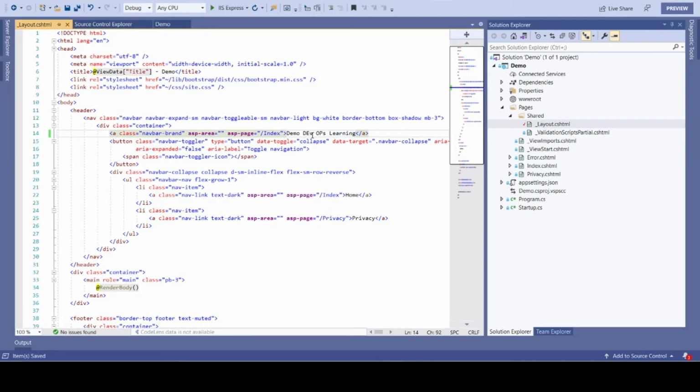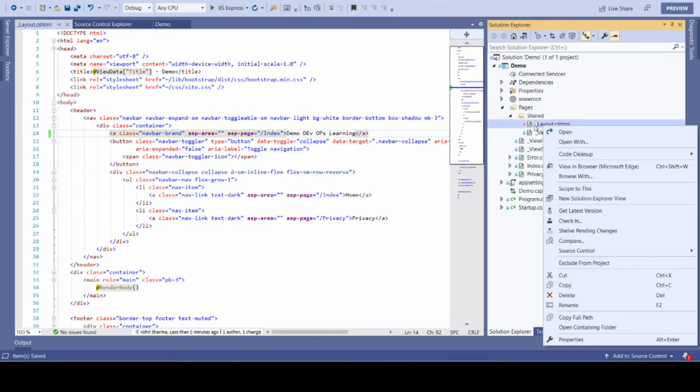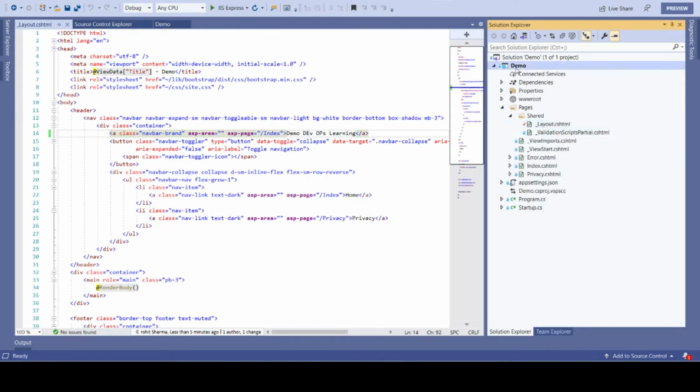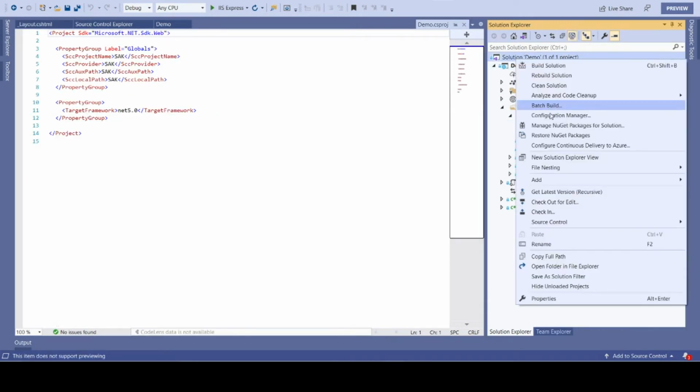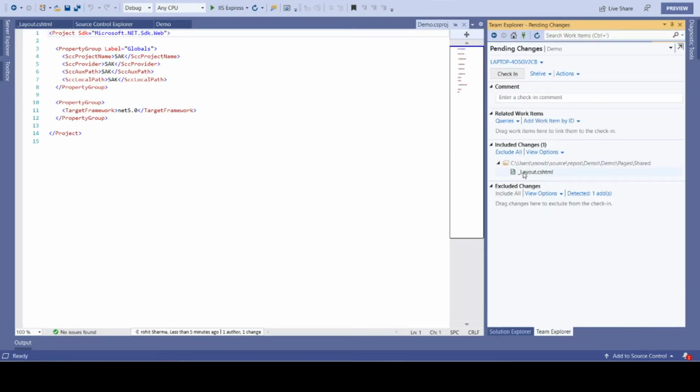Okay, so what I'm doing here is I'm just modifying the one page, so that then I will check in the code whatever I have modified, so that it should be reflected on the Azure DevOps server. To do that, I just added some DevOps comments here, and what I have to do next is I can click on the particular page where I have done my changes, or I can click on the project, or I can click on the solution, and then I can click on check-in, and it will show me all the pages which I have modified. Right now only one page is there, and so that is coming here.